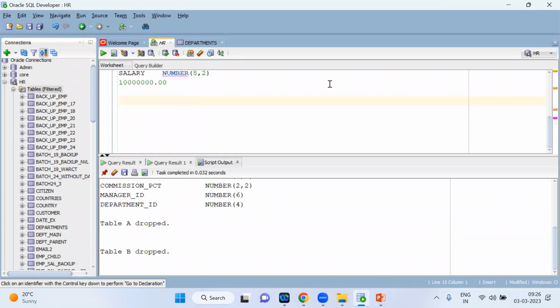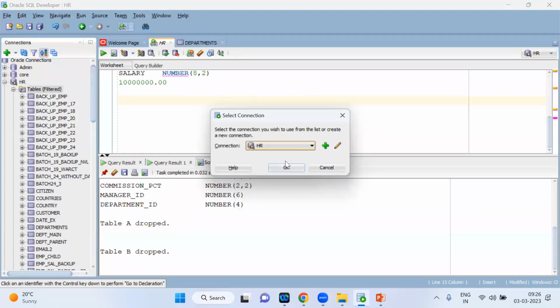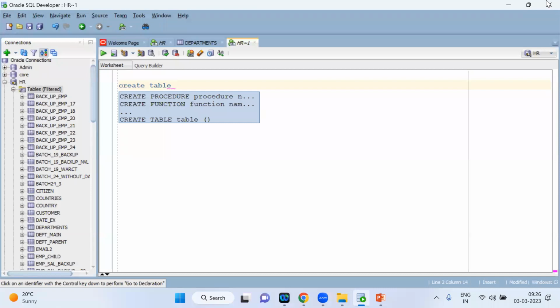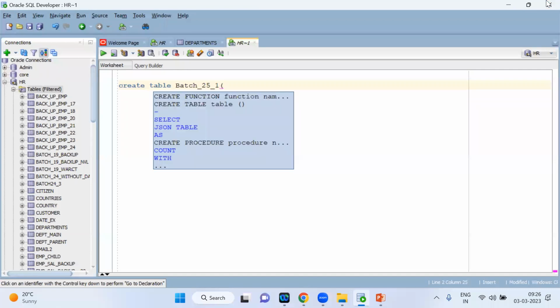Okay, so now we are going to create a new table using the create command. We'll start from the minimum, a single column. So create table, name it batch 25, first table, like this you can give the name, and we are going to create